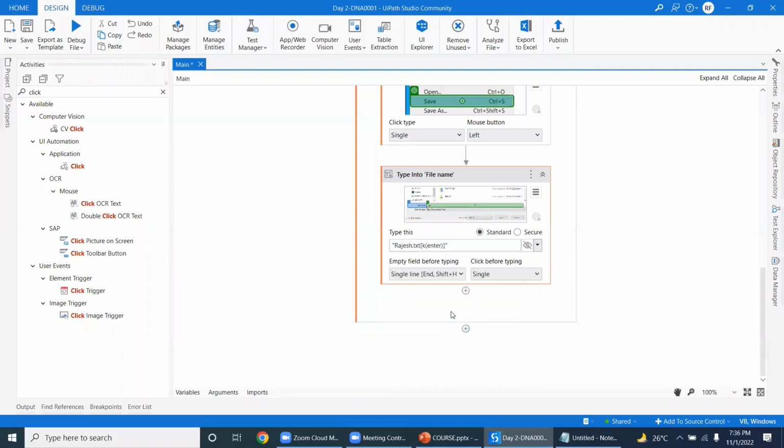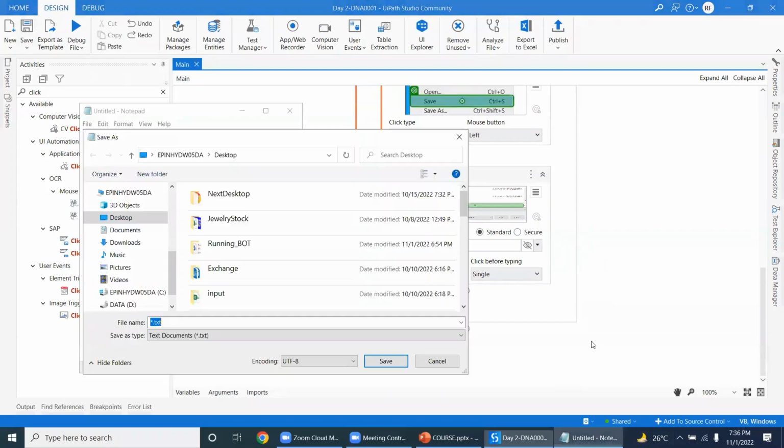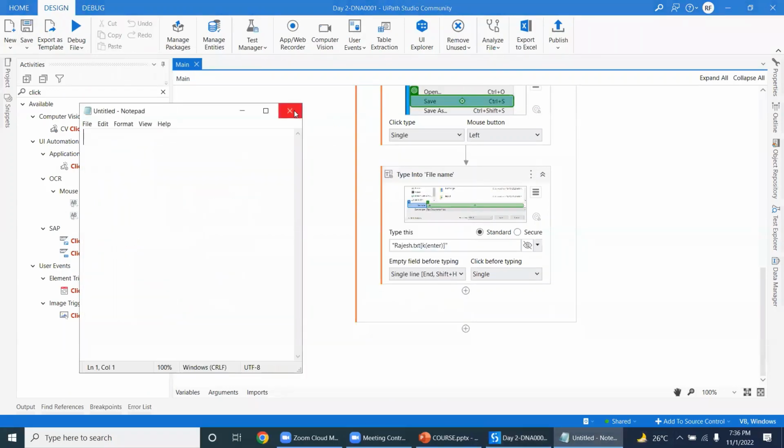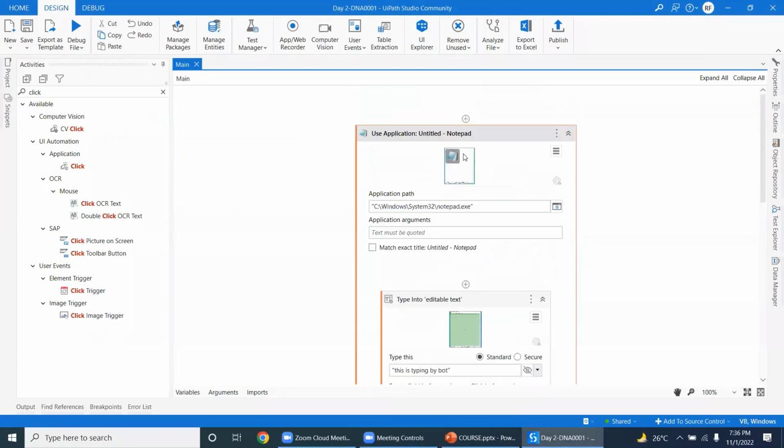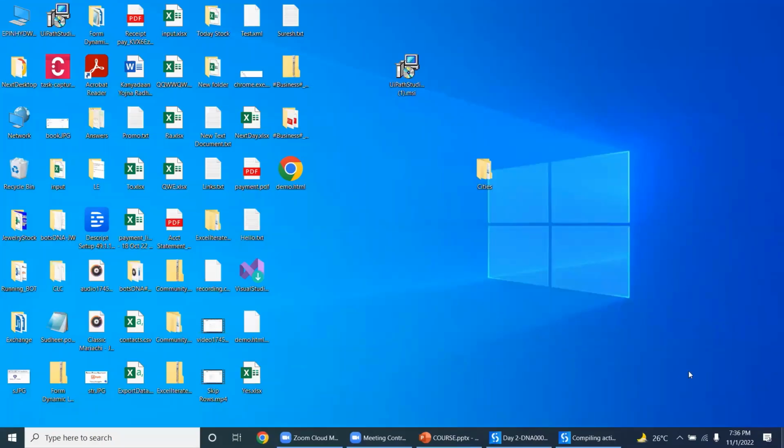Then use the close button to close, or otherwise you can simply use the Close Window here. For the application itself, you have Close, always close. Okay. See, now there's no rajesh.txt file on the desktop, but the bot will open the text file,